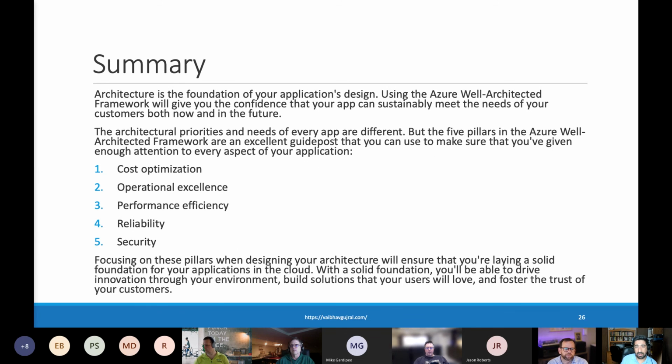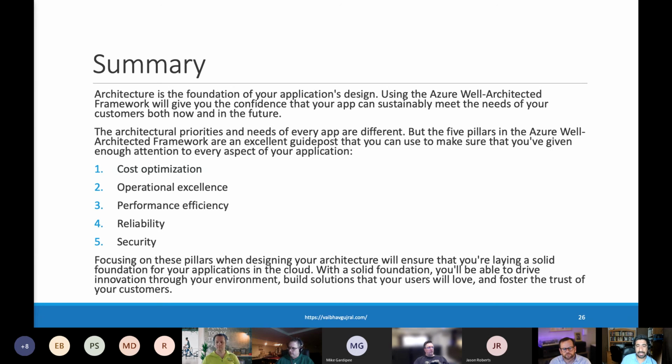So, all right, we have talked a lot. I don't keep track of the clock, but I think roughly an hour. I would like to conclude with an overall summary of what we have discussed so far. Architecture is a foundation of any workload, any application's design. Using the well-architected framework, you can get the confidence that your application can sustainably meet the needs of your customers, both